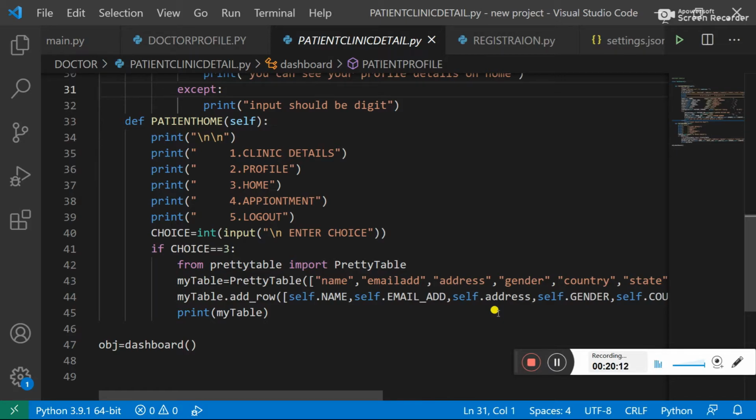We have to write some code, give some design, and then enter some data. Here we don't have to enter data, we only have to take some data, and that data will generate the pretty table in a pretty manner.